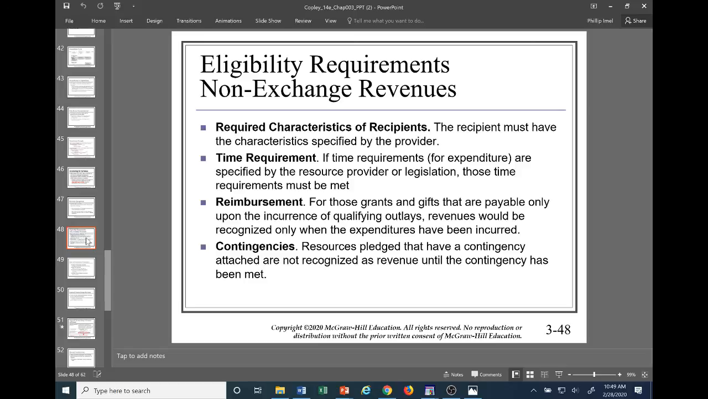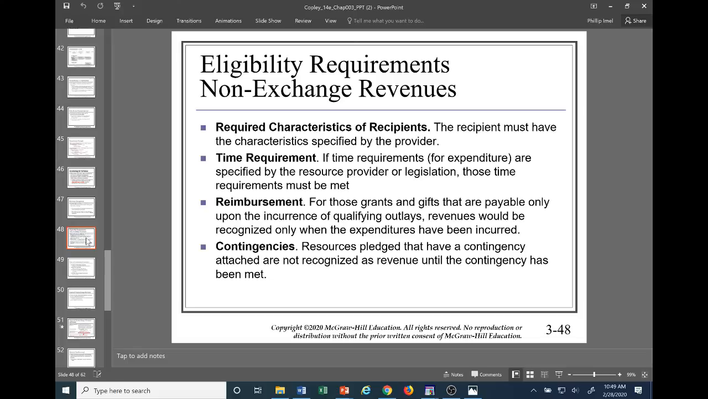Eligibility requirements for non-exchange revenues. Okay, so what do we mean by non-exchange revenues? This isn't like an exchange where I give you something of value and you give me back money, right? So that's an exchange-like transaction. We're exchanging something of value. In this case,